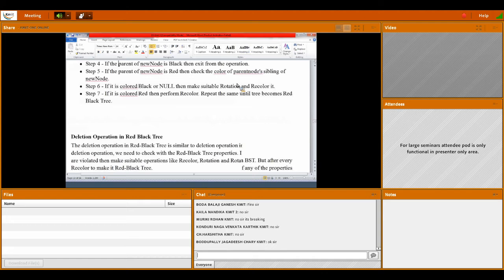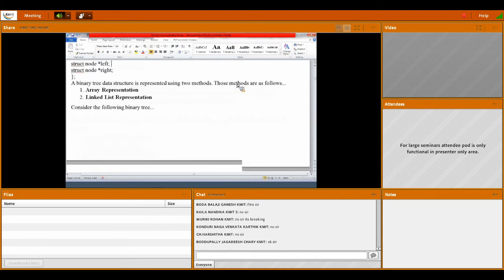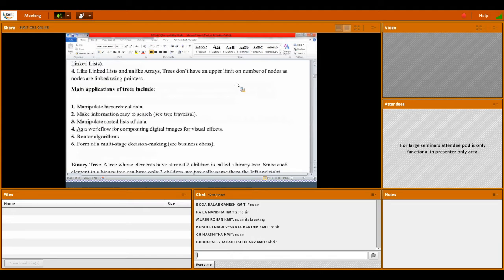Any BST or any tree you can implement with arrays or linked lists. For any hierarchical data you want to manipulate, BSTs are special trees that are very easy for searching information. They make information easy to search and manipulate, and manipulation of sorted list data can be easy with a BST. Also as a workflow for composing digital images for visual effects, BSTs are very useful.